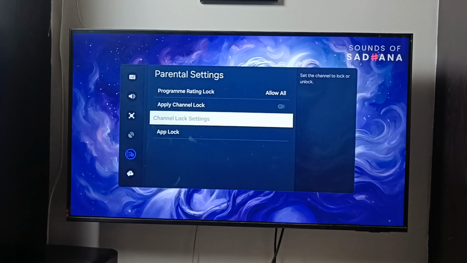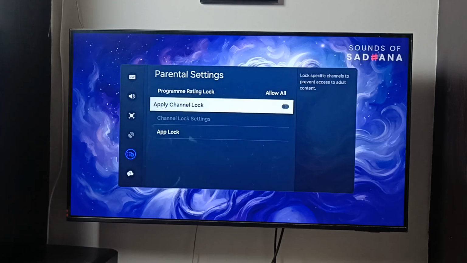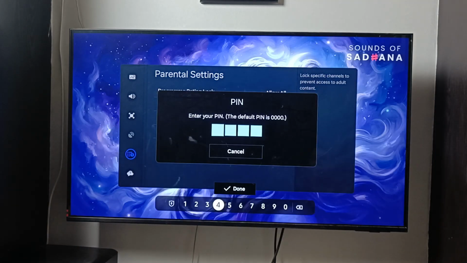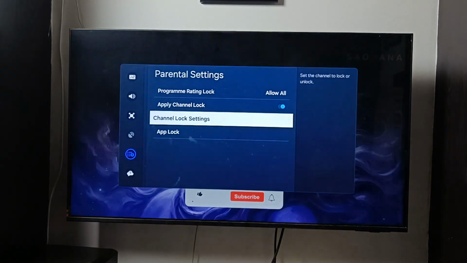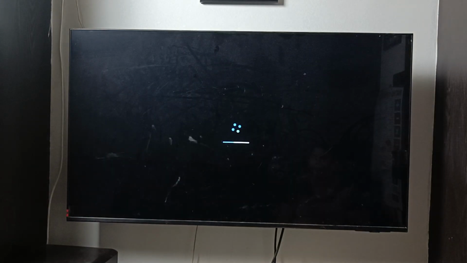Okay. So if this option is enabled, then we can set the channel to lock or unlock. To fix this option, tap on the option apply channel lock, enable this one. And to enable this one, enter the parental pin. Now you can see channel lock settings is enabled. If you tap on this one,